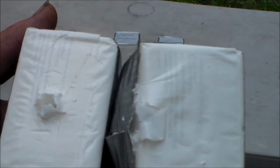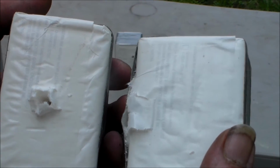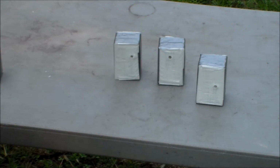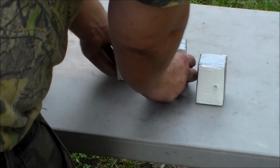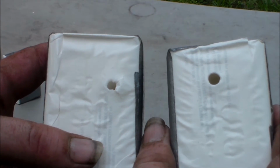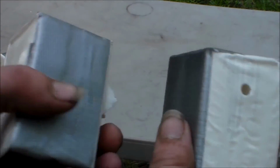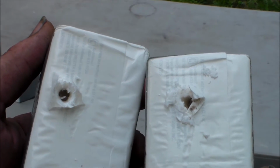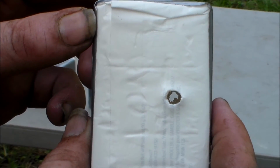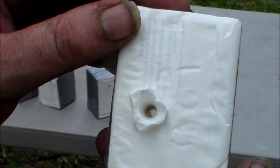where they pass through. Same as before, the one on the left is the 177, the one on the right is the 22 caliber. And on these I actually shot two different targets of them. So here's another set of targets with 177 right here on the left and 22 on the right, and the pass-through holes on them. And this is the new Piranha pellet. It was a complete pass-through, same as the others. Good hole on the back side, and